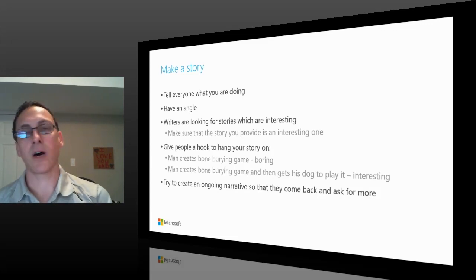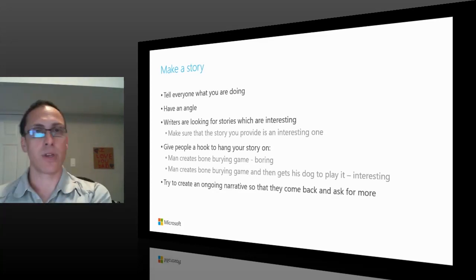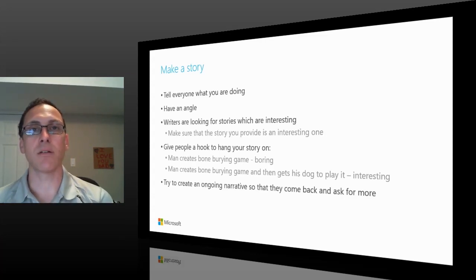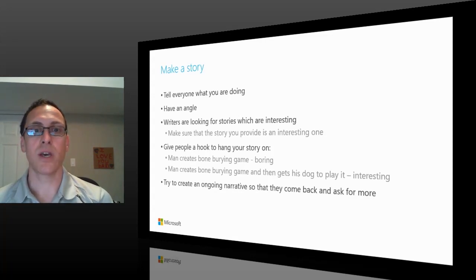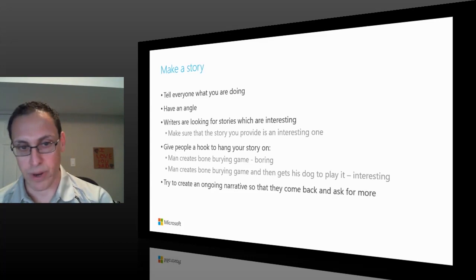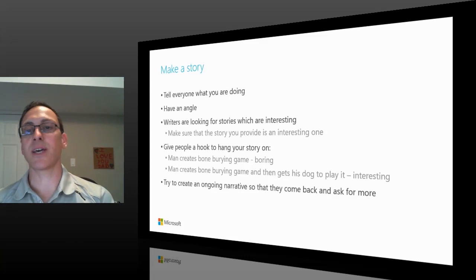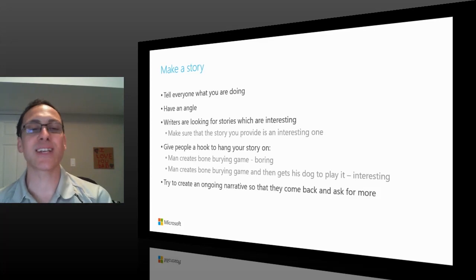Or, not every app is saving the world and making people's lives better, but how are you going to make people enjoy themselves with your game or be more informed with your information-based app? But have that angle. Writers and bloggers and people are always looking for that awesome story to wrap their heads around and to talk about. So give people a hook around that. And I have a couple examples there. One is man creates bone-bearing game. It's kind of boring. Man creates bone-bearing game and then gets his dog to play it. Now that's a little more interesting. There's a story, there's an angle to it. Now that's a little far-fetched. But the point is